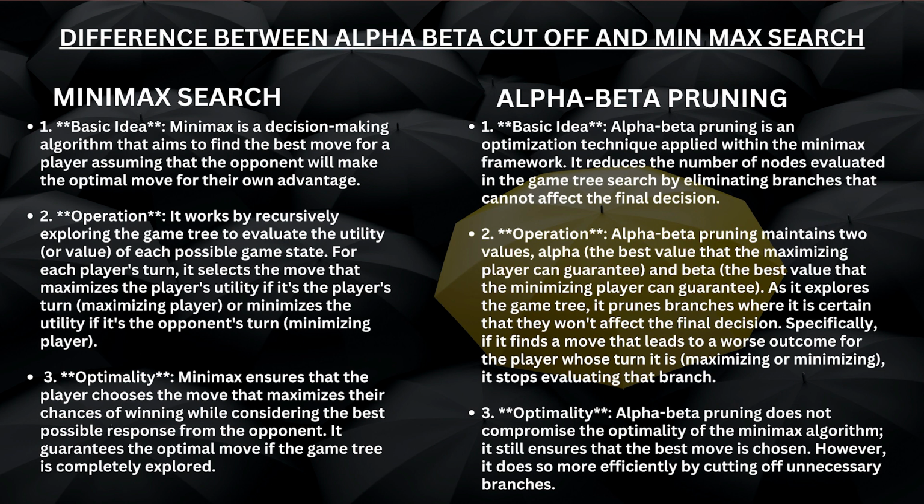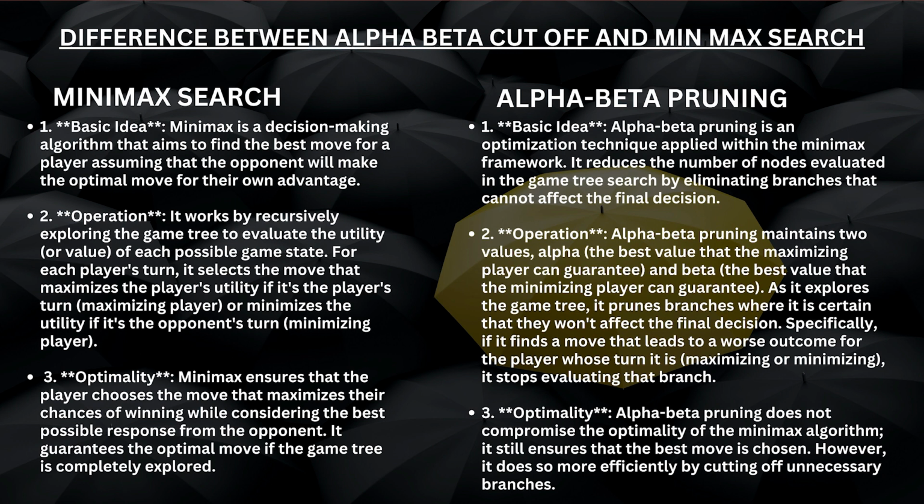Min max ensures that the player chooses the move that maximizes their chances of winning while considering the best possible response from the opponent. It guarantees the optimal move if the game tree is completely explored. Now, alpha beta pruning. The basic idea: alpha beta pruning is an optimization technique applied within the min max framework. It reduces the number of nodes evaluated in the game tree search by eliminating branches that cannot affect the final